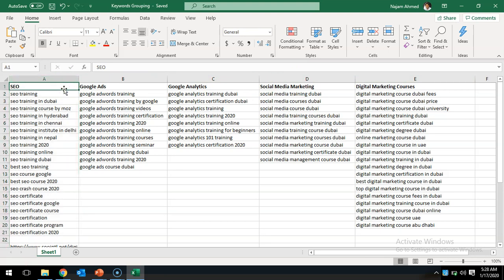So I will, in the next videos, show you where and how you can use and accommodate these keywords while producing the content and while doing the paid campaigns, or if you are creating some kind of content marketing